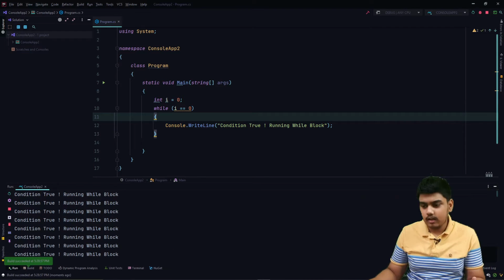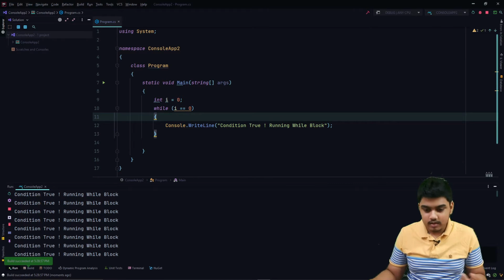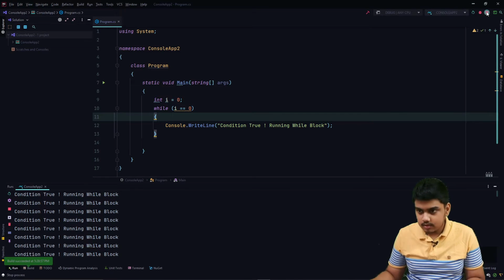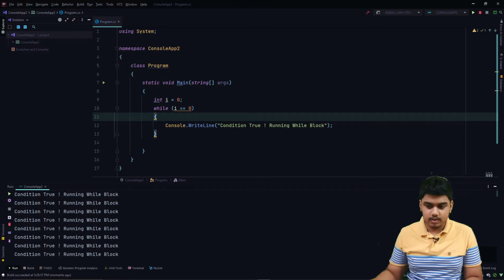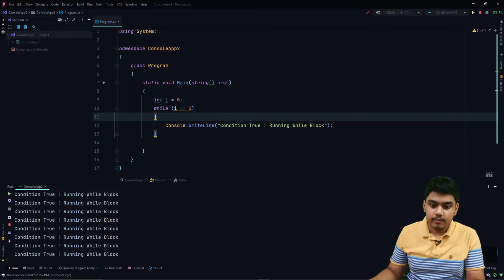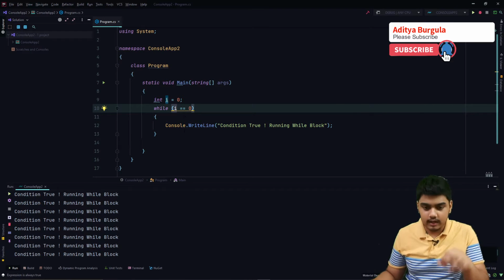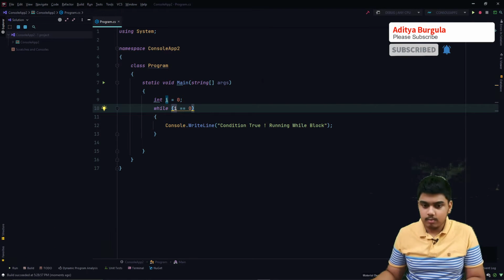Here you can see it is printing continuously, like infinite times. If I keep running it, my system may go down a little bit, so I'll better pause right now. Did it pause? I don't think so. I just click that, and yes, now it has been paused. As you can see, it has printed numerous times. Why is that so? Because the condition is always true. The variable value or the condition is not being changed after each iteration. What do I mean by that?